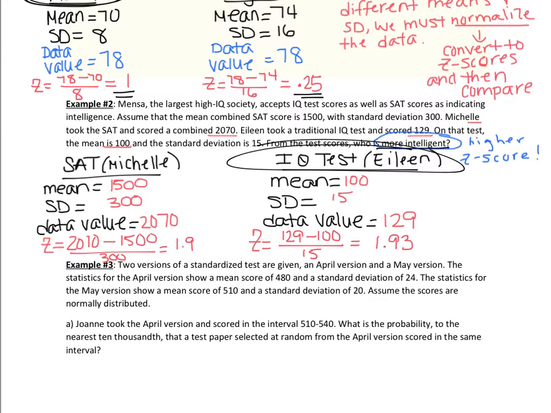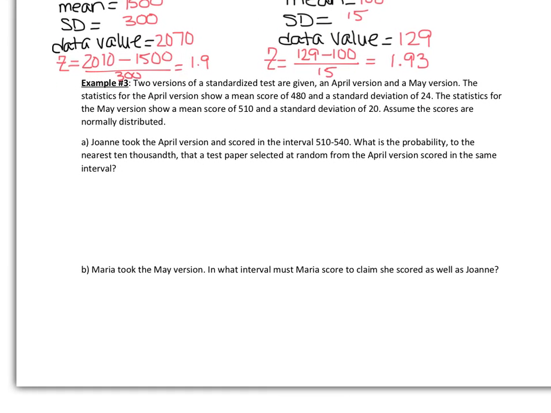Okay, let's look at example number 3. Two versions of a standardized test are given, an April version and a May version. The statistics for the April version show a mean score of 480 and a standard deviation of 24. The statistics for the May version show a mean of 510 and a standard deviation of 20. Assume the scores are normally distributed. Joanne took the April version and scored in the interval 510 to 540. What is the probability to the nearest 10,000th that a test paper selected at random from the April version scored